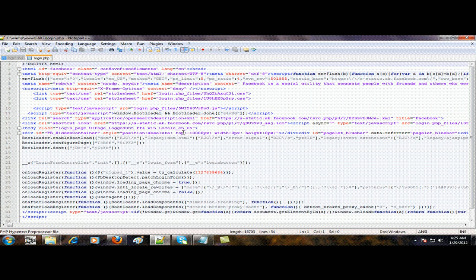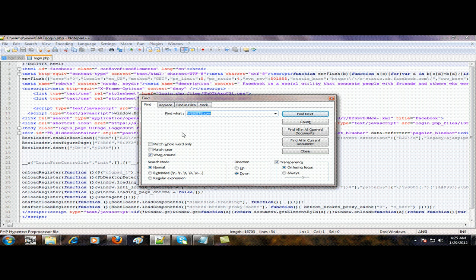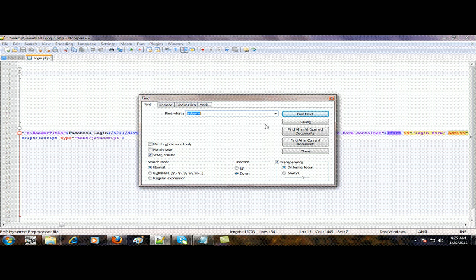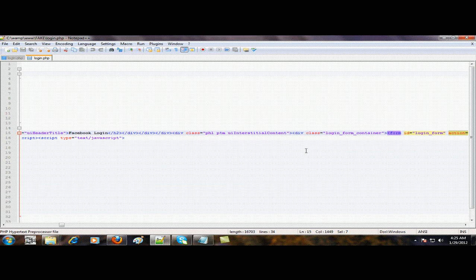Here press Ctrl F and type action is equal to. Now you can find this string here. It is written like form id is equal to login form, then action is equal to https facebook.com login.php login attempt is equal to 1, something like this.